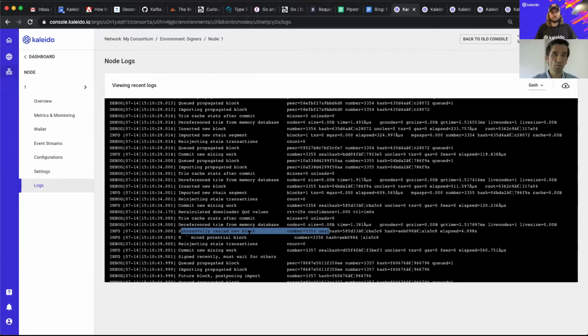And the threshold is actually different between consensus algorithms. I'm not going to dive deep into the consensus algorithms themselves, but just know that there are separate thresholds for Clique PoA, which is the standard proof of authority consensus, and the Quorum version of Istanbul BFT consensus, or the Besu version of the